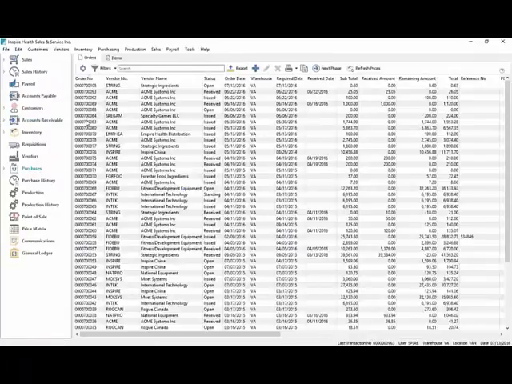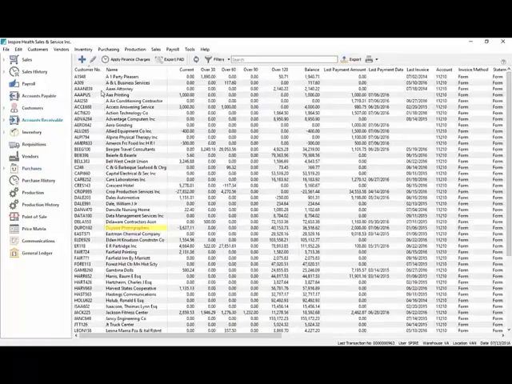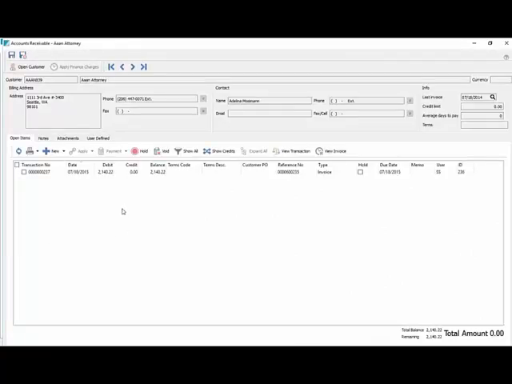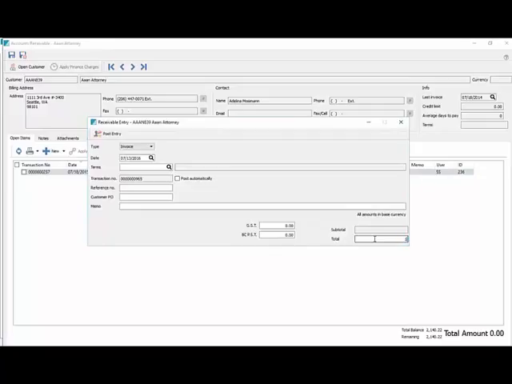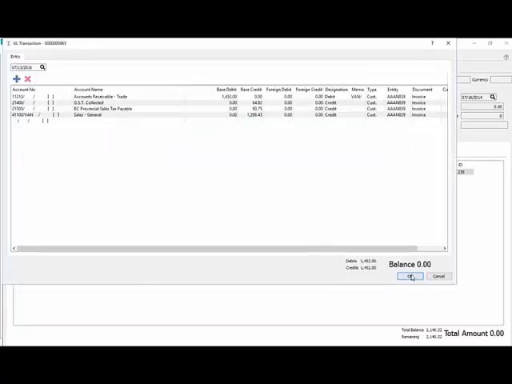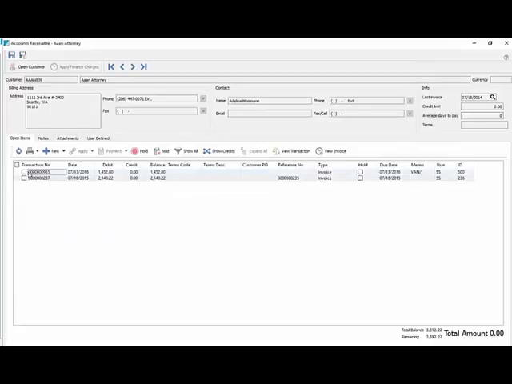Okay, the next feature we're going to come to is in accounts receivables and payables again. So if I go into a customer, and this one's an invoice, let's just make a new entry, and I'll just put in an amount, and I'll post it, and now I realize I didn't want that transaction the way